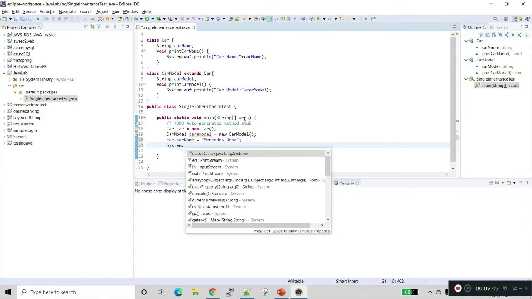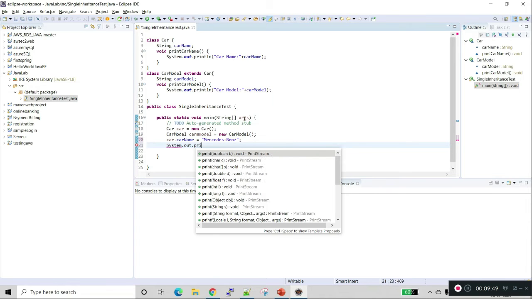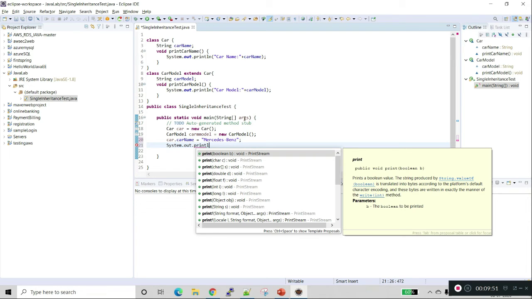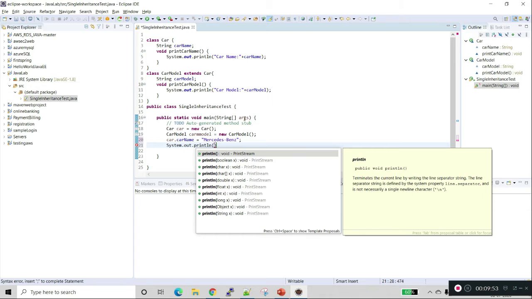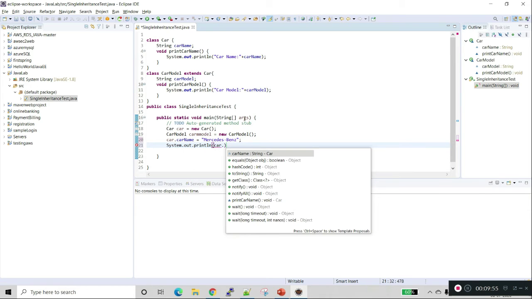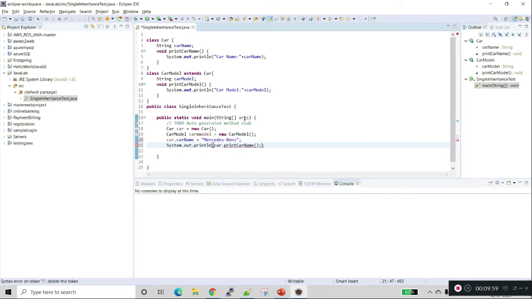System dot out dot println, car dot print car name. Here I am printing the car name.